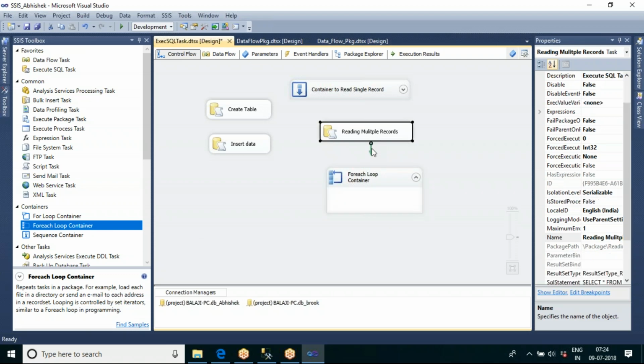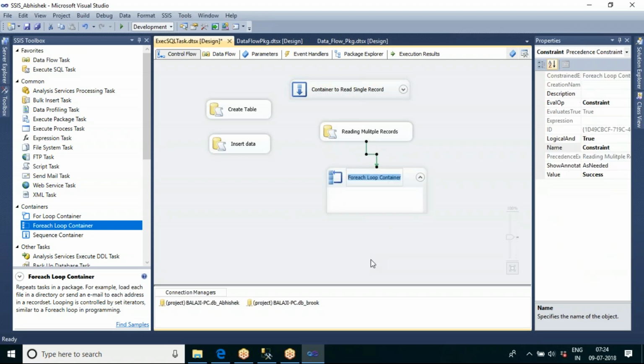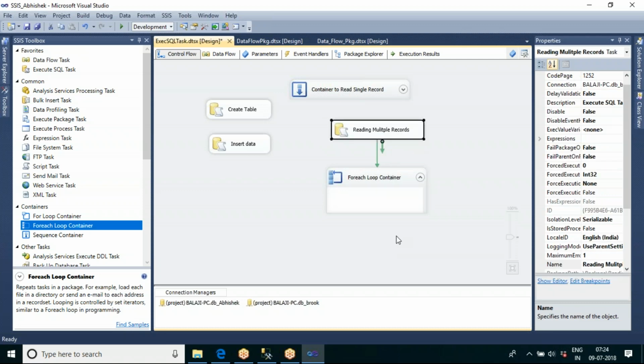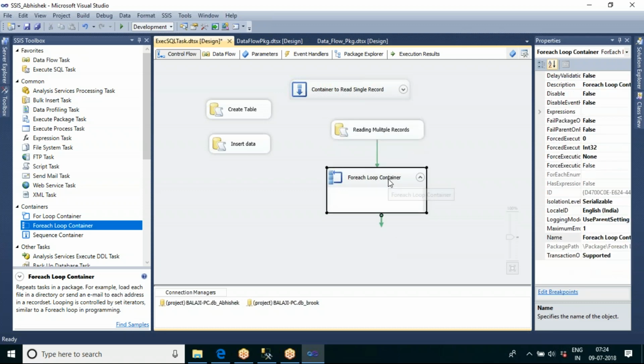Like in SQL we have a while loop or a cursor, here in SSIS, for looping purposes, we have one container called the Foreach Loop Container. I will pass the table data as input to this Foreach Loop Container, and here what I can do is